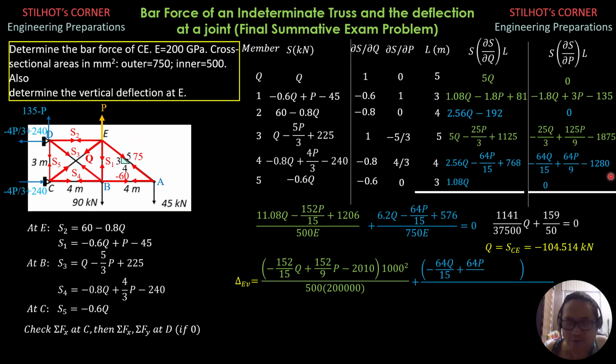Then for the blue, this is just the result. Just copy that: negative 64Q over 15 plus 64P over 9 minus 1180 times 1000 squared over 750 times 200,000. Then set P equals 0. Substitute the value of Q, which is negative 104.514, and obtain delta E vertical equal to negative 15.07 mm. So that's it for this video,